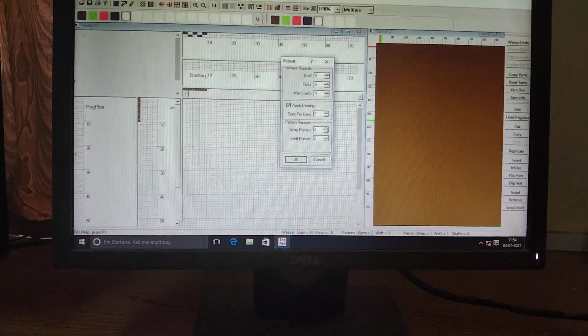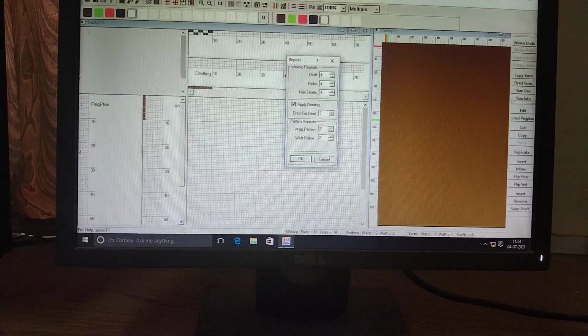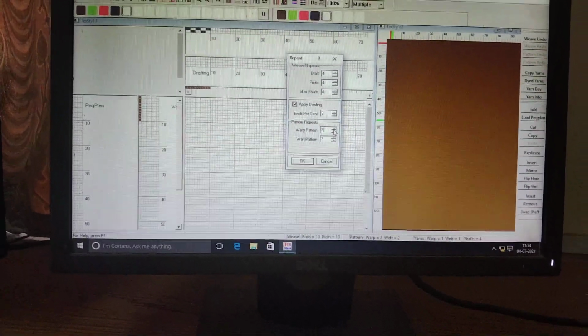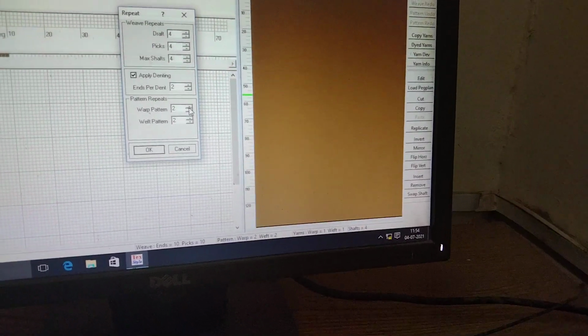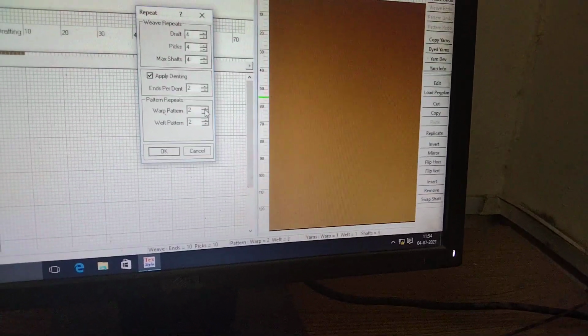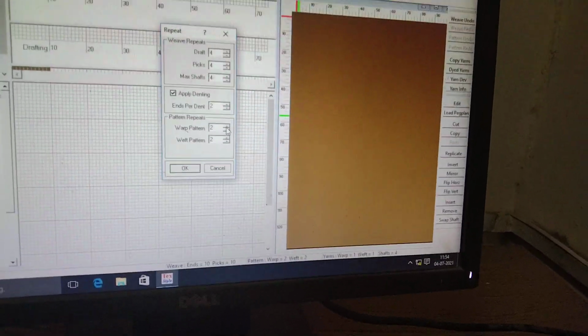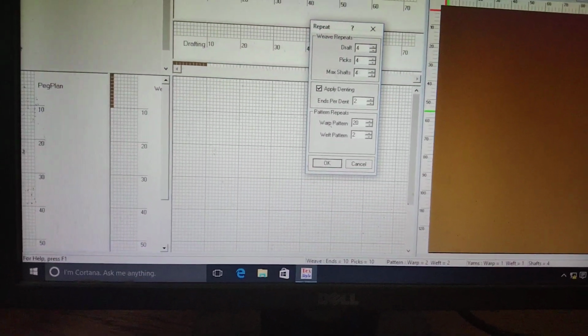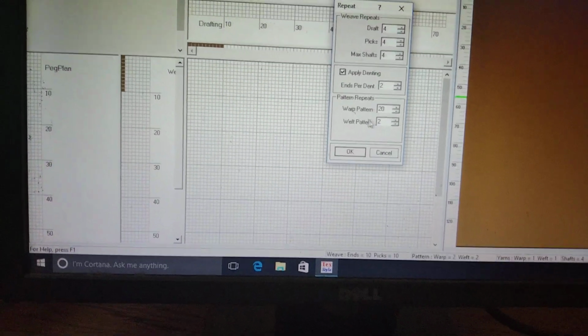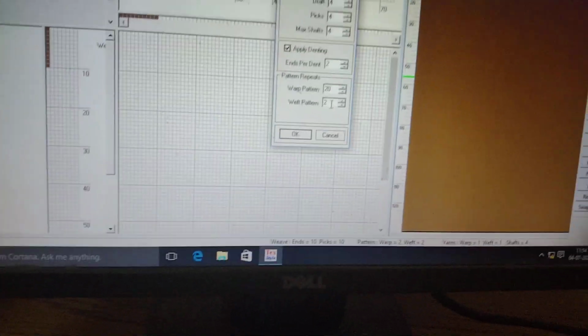Suppose I take warp pattern 20, and weft pattern same as warp, 20.